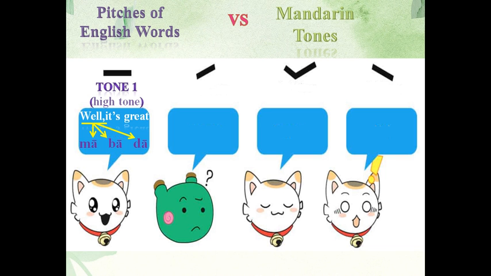Next, tone 2. When you are very surprised about something, you might react like this. What? The English pitch what here is having the same tone as tone 2. Please see the examples and listen carefully. What? 伯 What? 婆 What? 磨